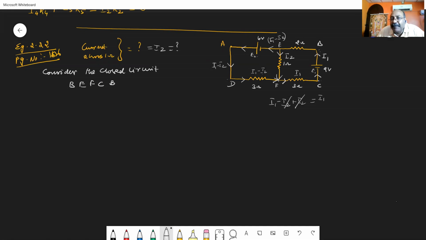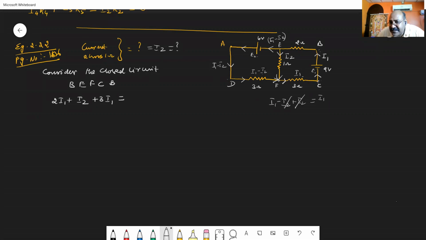Now I am starting from B. B to E, a current of I1 is passing through 2 ohm, so 2 into I1. Then from E to F, in the same direction, current is also flowing, so 1 into I2. Then from F to C, through 3 ohm, I1 is flowing. So I am writing plus 3 I1 is equal to